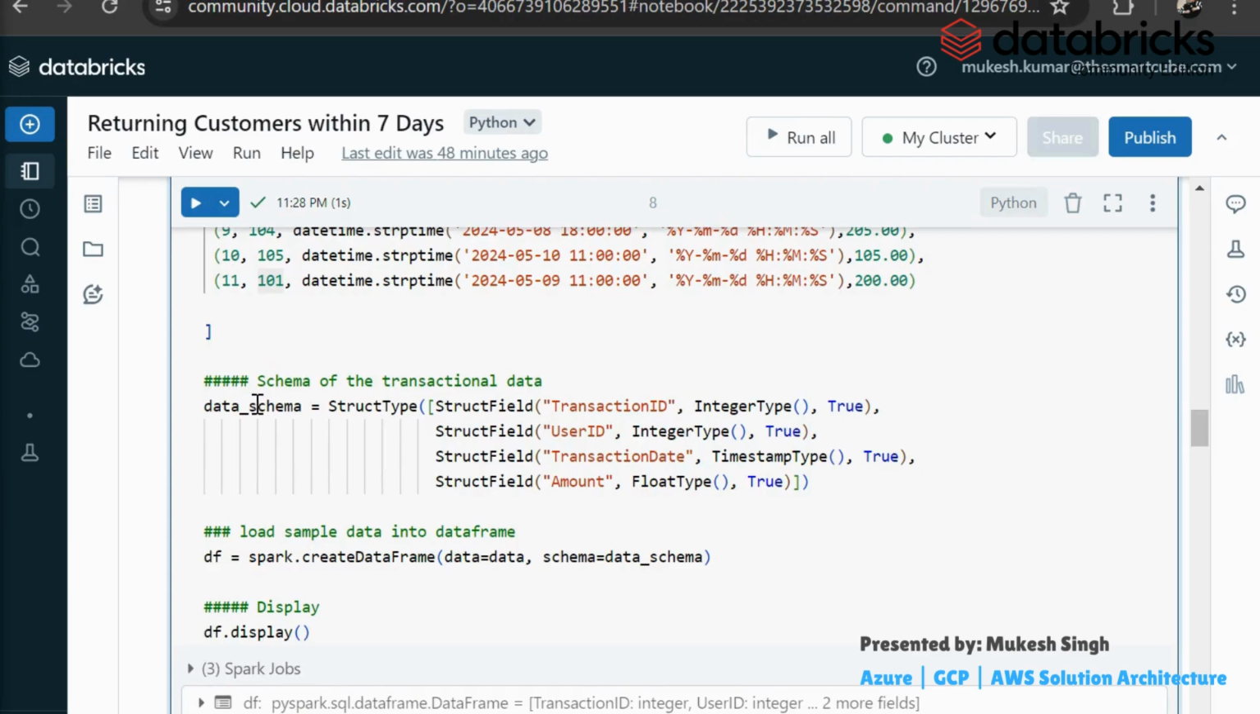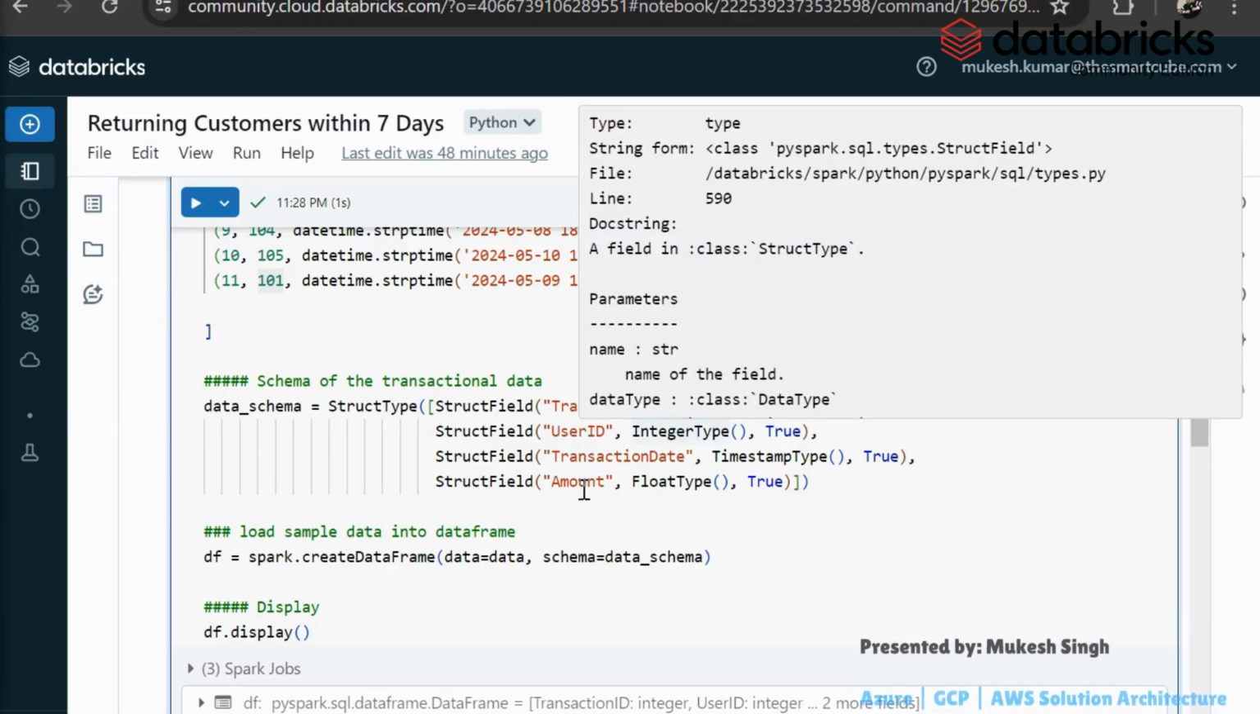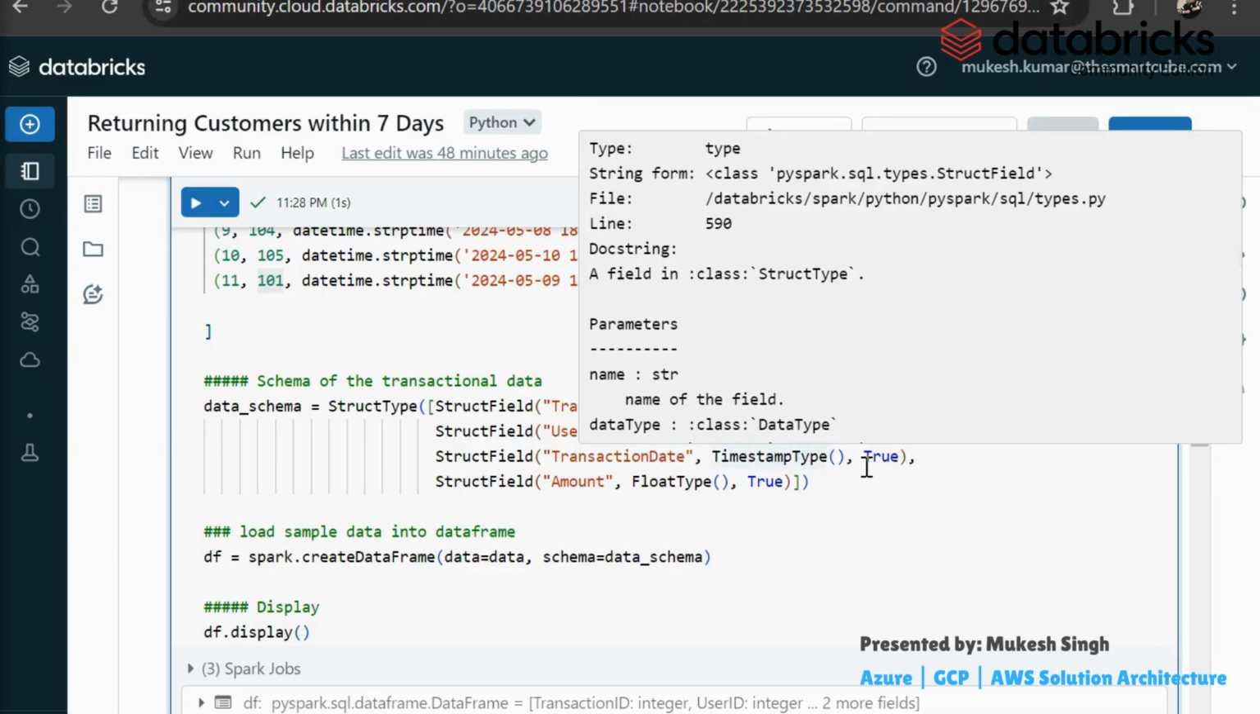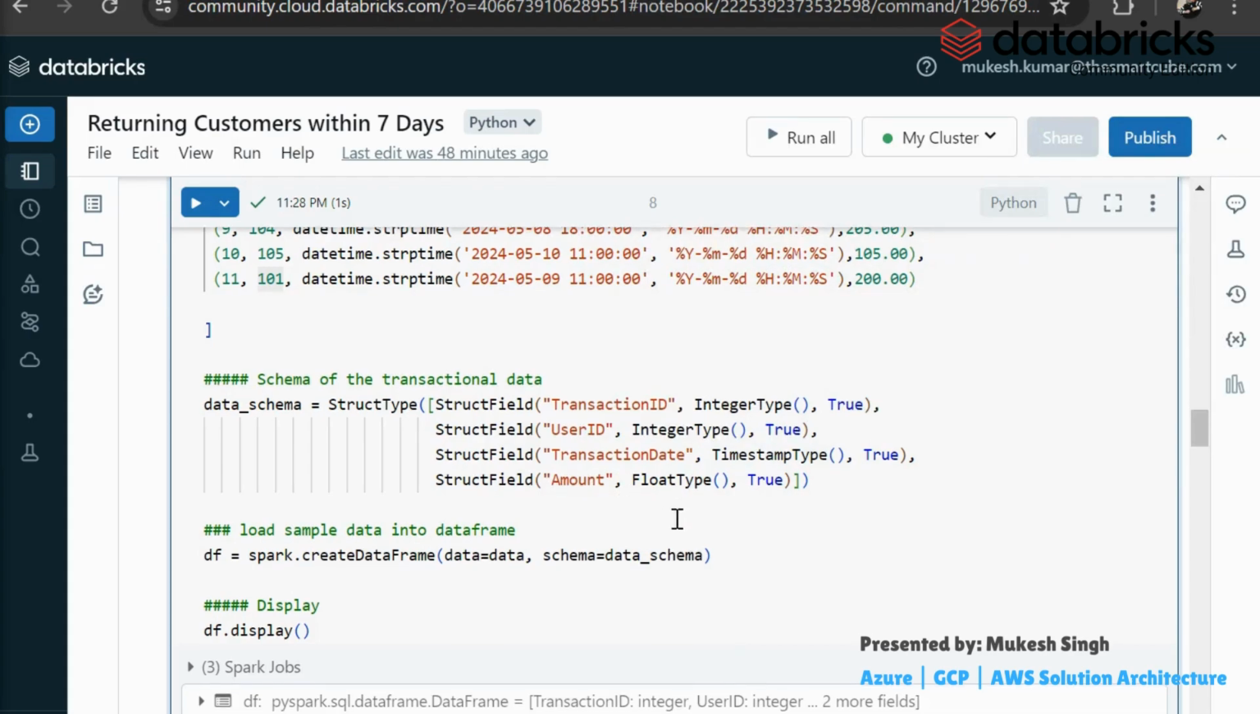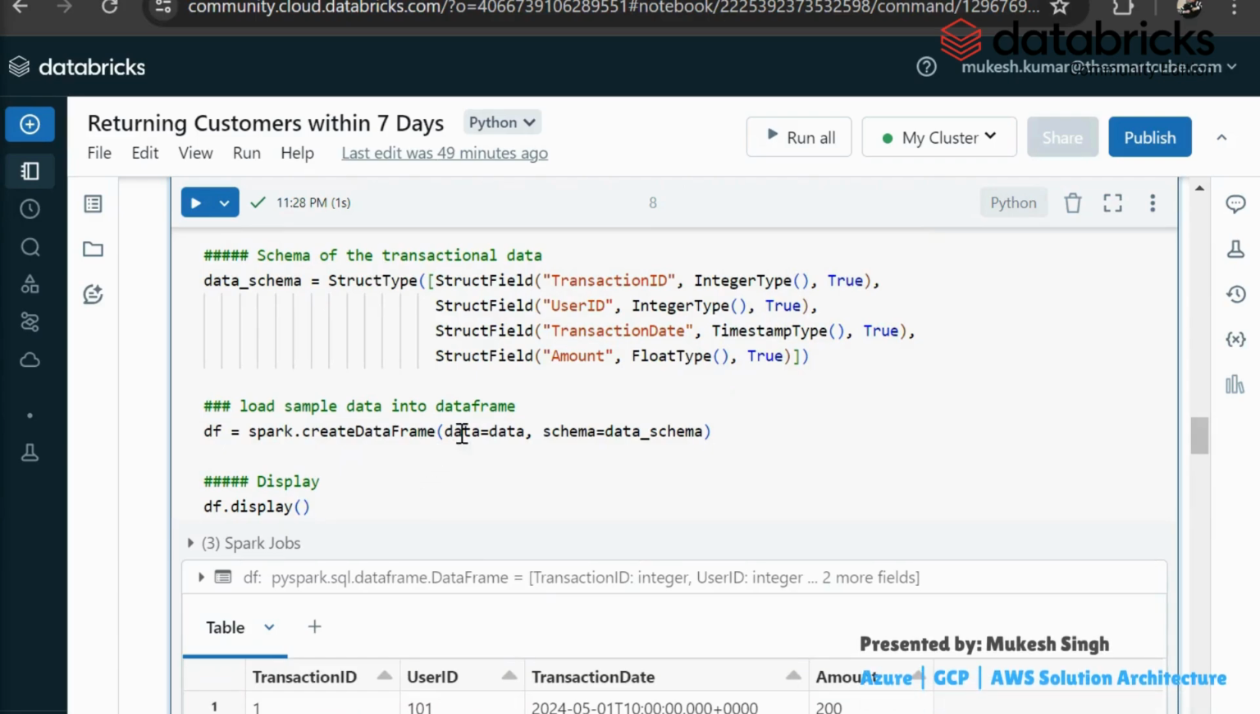Then in the next row, we are defining the data schema by calling StructType, and we are defining our columns with their data types like transaction ID, integer type, user ID, integer type. Then the next column is transactional date, so we are using it as a timestamp type. Then amount. In the next row, we are loading this data by calling spark.createDataFrame, and we are passing two variables, data and schema. Then we are going to display